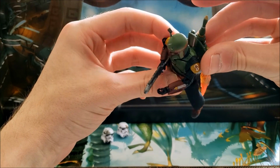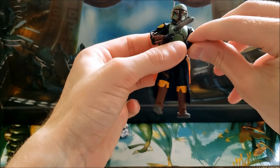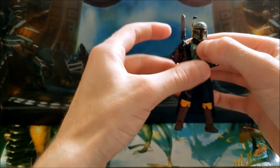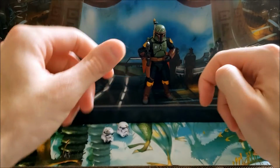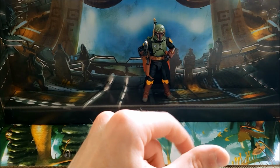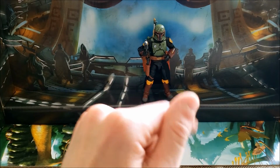So yeah, that's about all there really is to say about this Deluxe Boba Fett. So would I recommend it to you? Well, it all depends what you want, I suppose. If you're only looking for one Boba Fett to have in your collection, I would definitely recommend going with the classic one, the Return of the Jedi one that came out maybe 2 years ago now. And keep in mind, because this is considered a deluxe action figure, this is